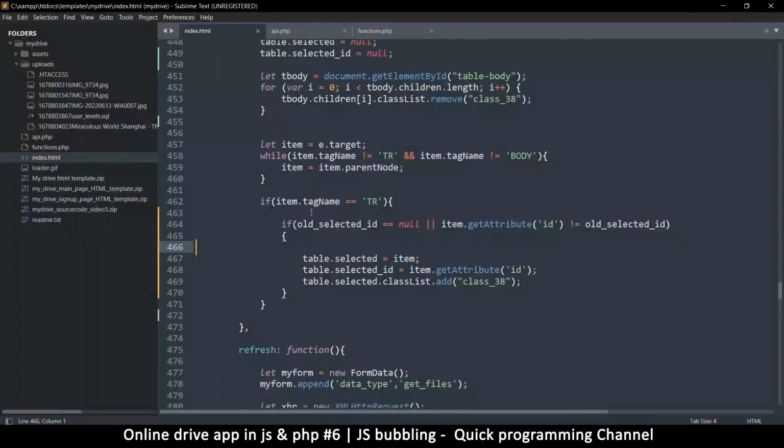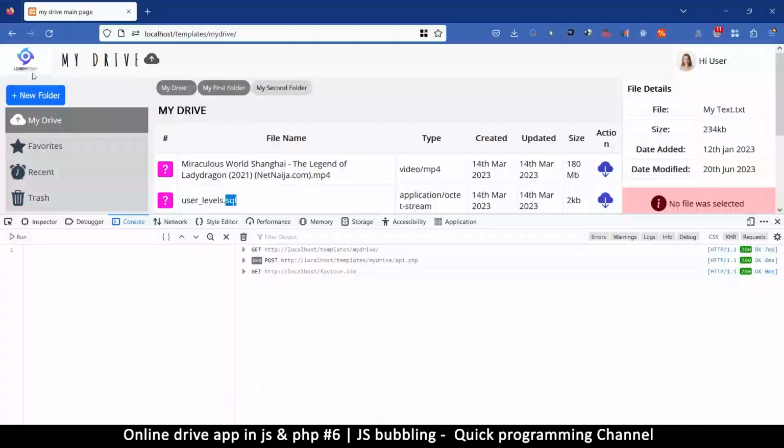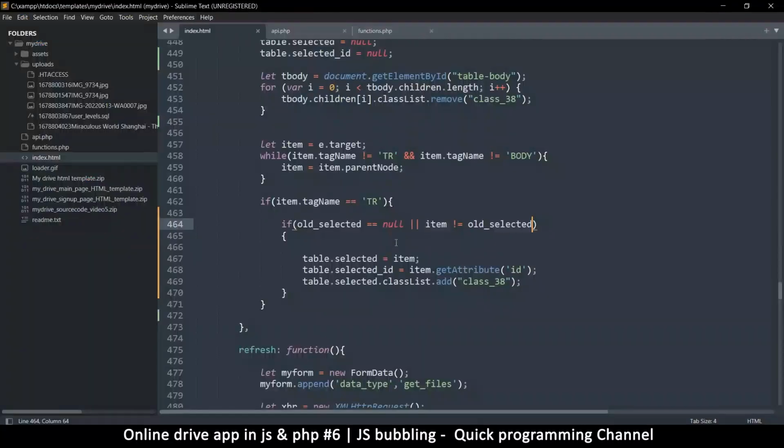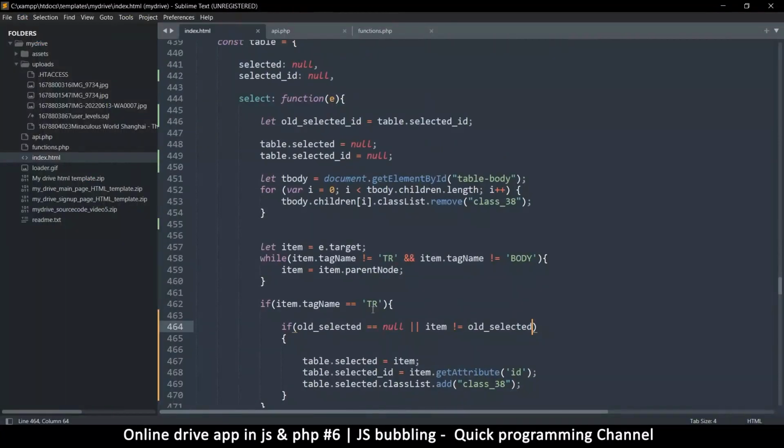Okay, so let me see if this can work without me having to have this ID here. So what I'll do is, if this is null without the ID, or item is not equal to old selected, just like that. Let's see if that works. So refresh, click. Okay, old selected is not